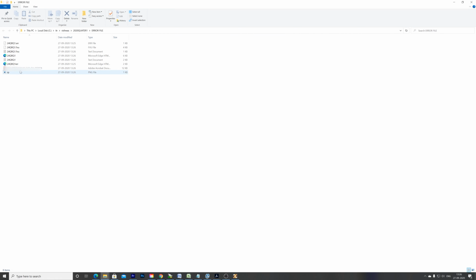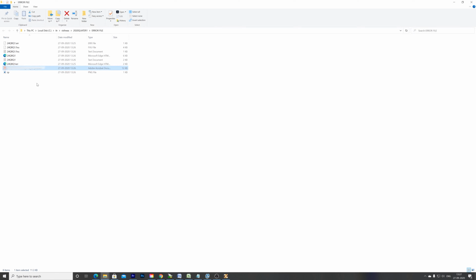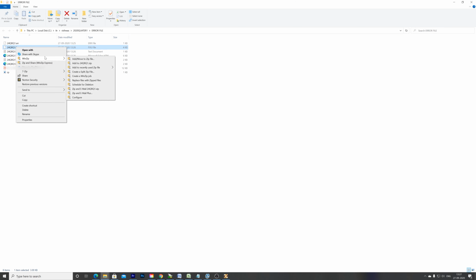See, your 27A has been generated. This is 27A. Excellent. And this is the file. This is the file which you have to make into a zip and then digitally sign and send it. This is the error file. So I'll also add this to the zip, WinZip, add to quarter 1.